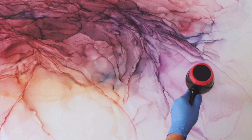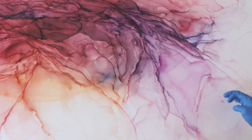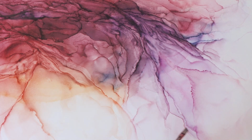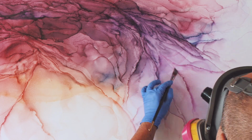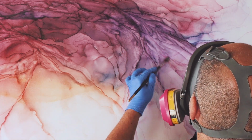I'm going to soften this area up. Oop, got a little speck. Don't want that. Using that alcohol, I'm dipping my brush in a clean cup of alcohol, sorry, to redirect